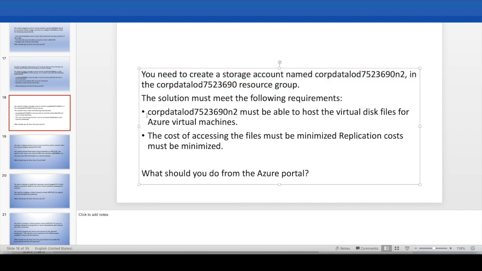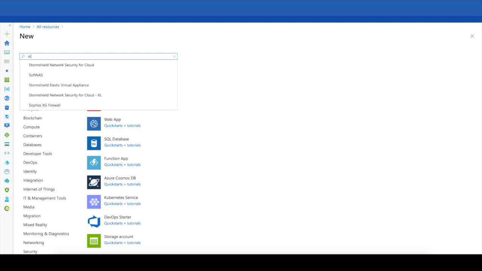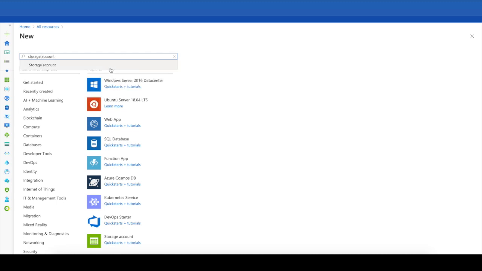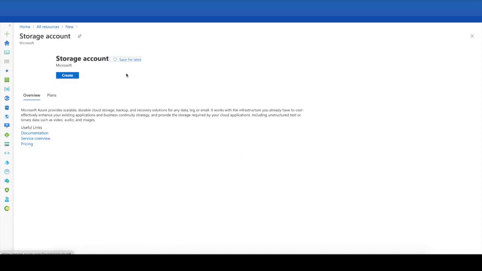The first one is it must be able to host the virtual disk files for Azure virtual machines, and the second is the cost of accessing those files must be minimized and replication cost must be minimized. So let's see what we can do from the portal. First, let's create a storage account. Okay, so yes, create,